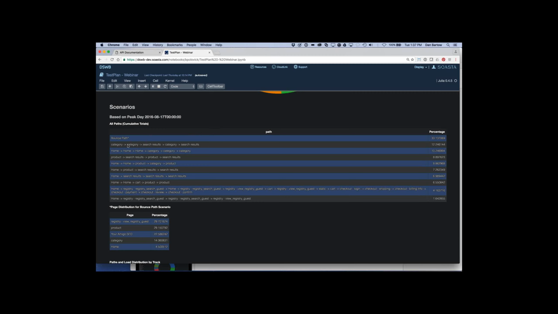So very important here. Other scenarios in here, you've had a few minutes to check it out. Here's a conversion path: home, registry search, hitting all these pages, logging in, shipping, billing info. Now let's talk about this bounce